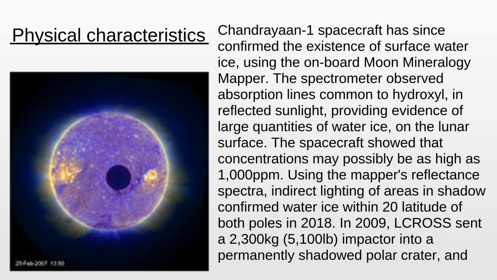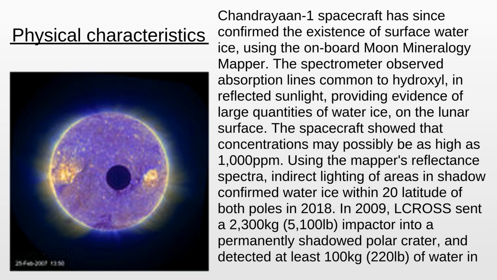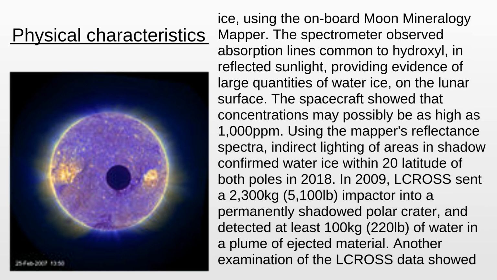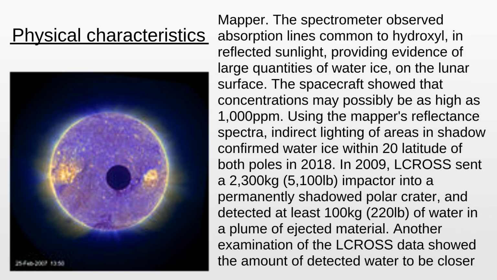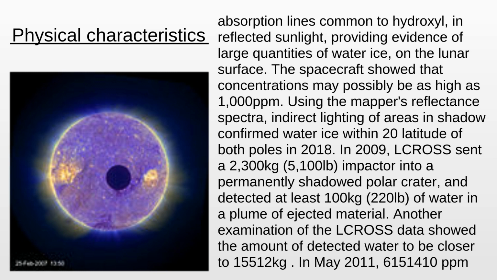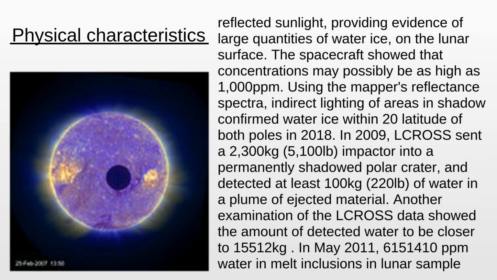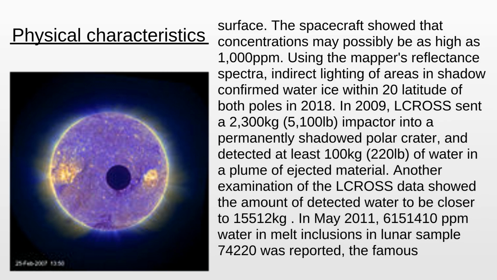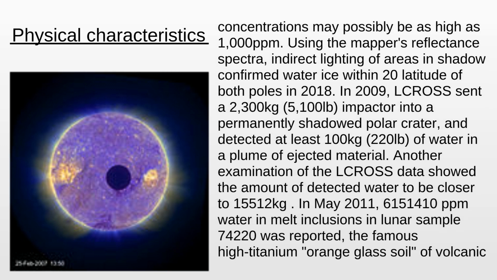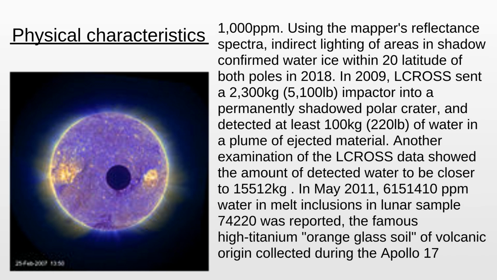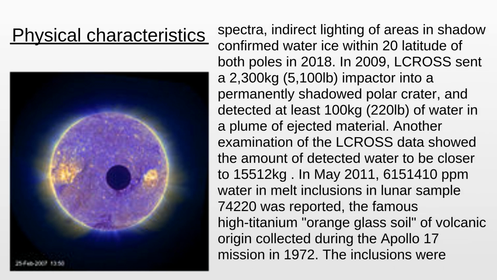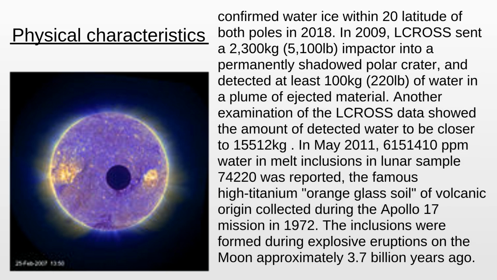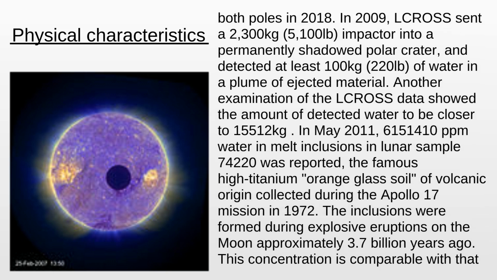The spectrometer observed absorption lines common to hydroxyl in reflected sunlight, providing evidence of large quantities of water ice on the lunar surface. The spacecraft showed that concentrations may possibly be as high as 1,000 parts per million. Using the mapper's reflectance spectra, indirect lighting of areas in shadow confirmed water ice within 20 degrees latitude of both poles in 2018. In 2009, LCROSS sent a 2,300 kilogram, 5,100 pound, impactor into a permanently shadowed polar crater, and detected